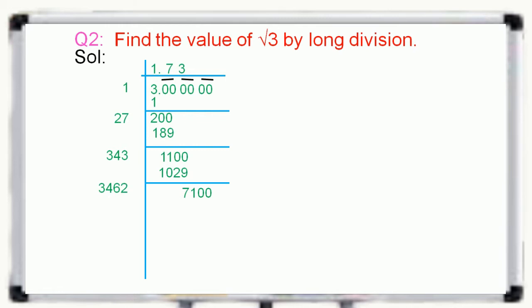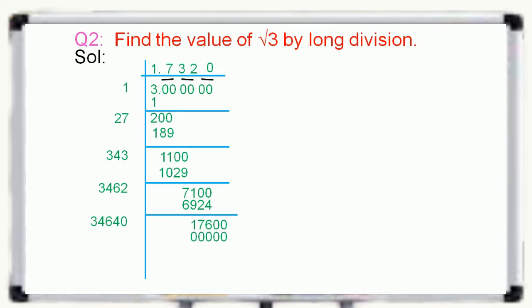Now the new divisor by long division rules and quotient 2 is 3462. 3462 into 2 is equal to 6924. By subtracting you get 176. By taking 2 zeros, that is 17,600. So the new divisor is 34,640 because here we are